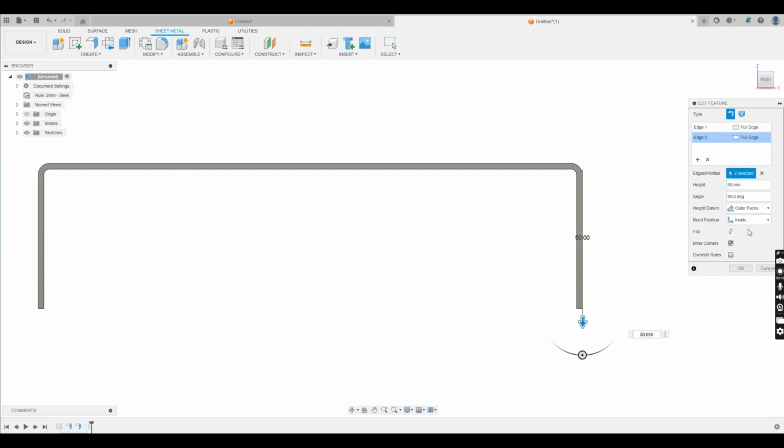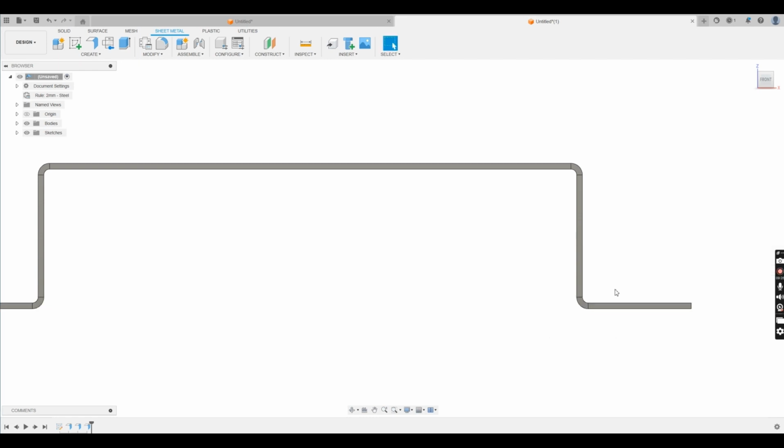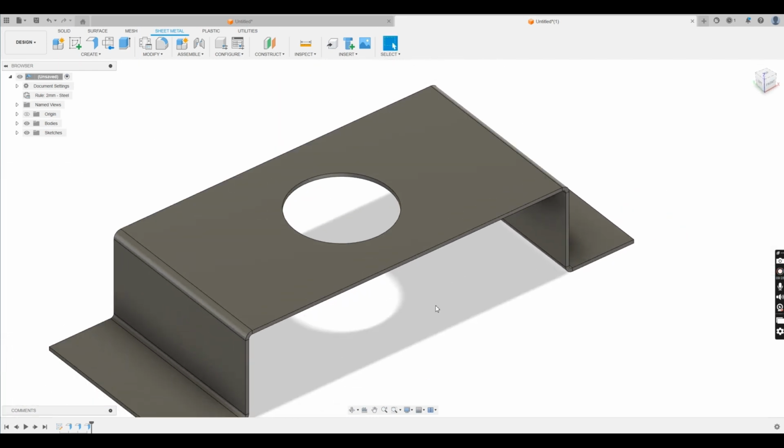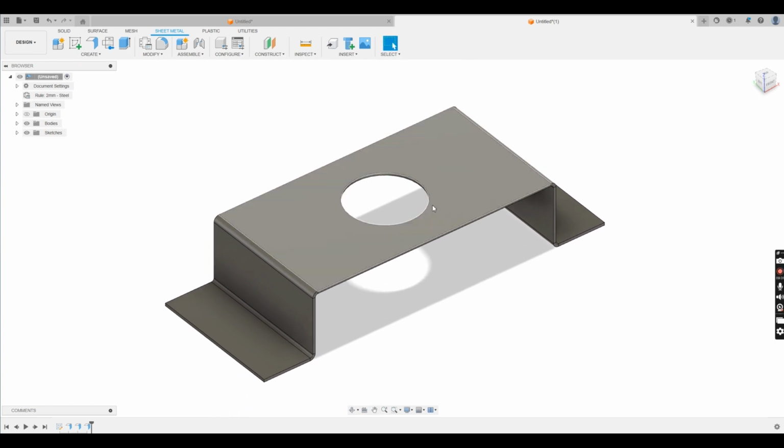You can do the box with inside positions and the lid with outside positions, and then there's no need to go editing as much, because they'll just work together. So I'm going to hit OK on that. Now let's say for example we want to take away,